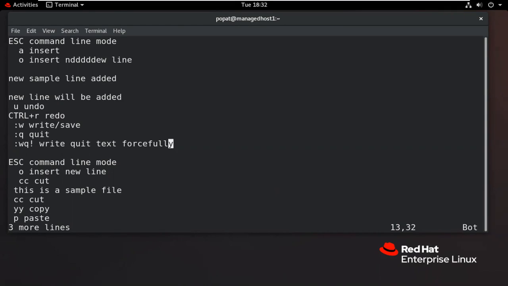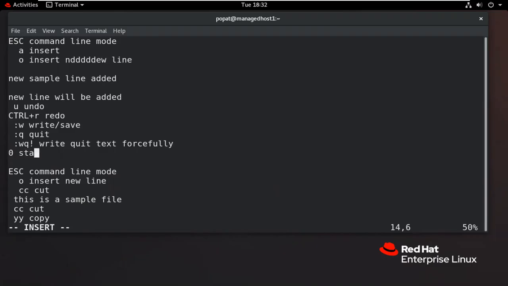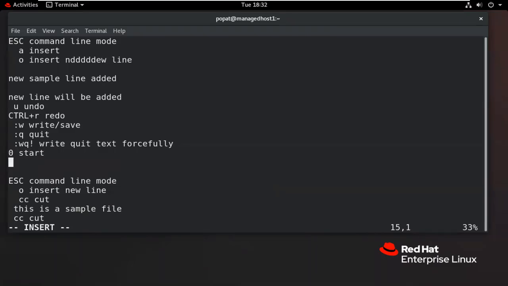So like this way we can use 0 means start of the line or dollar means end of the line. This is the use of the 0 option. And we can also use the home button. We can also use the home button. Home means